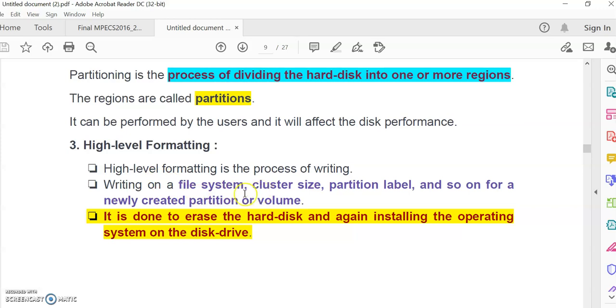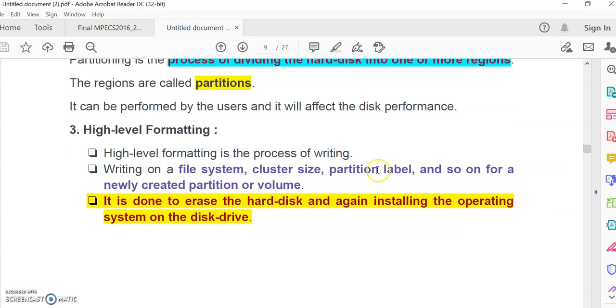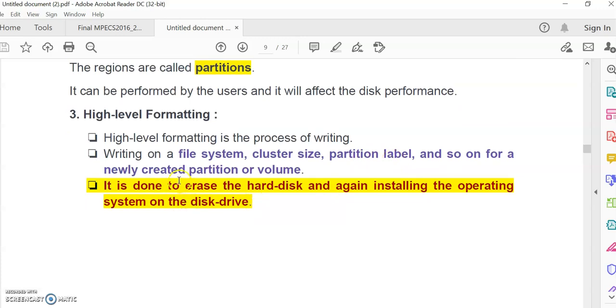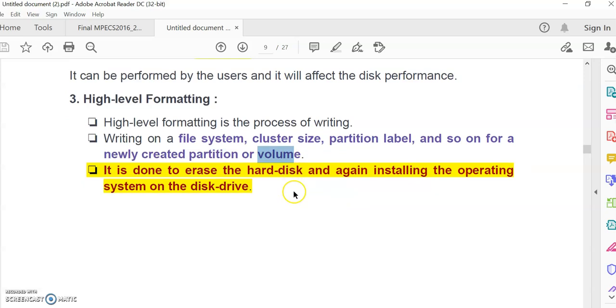This high level formatting is used for writing the file system, cluster size, partition label, partition name, number, and we can create a new partition and specify the size, what can be the new size of that particular partition.